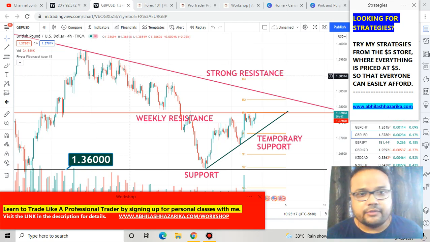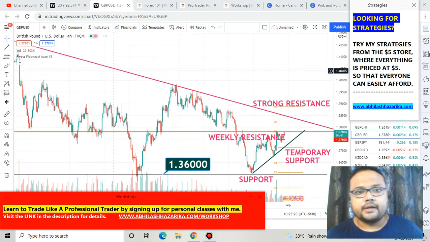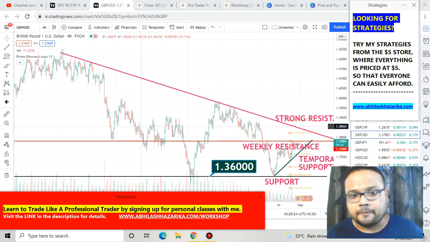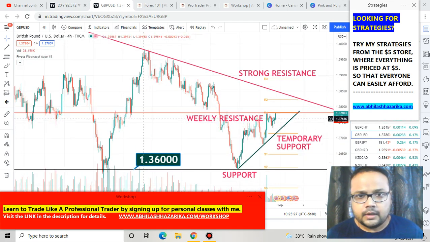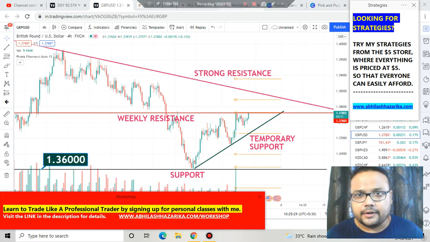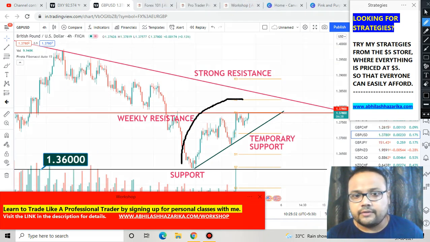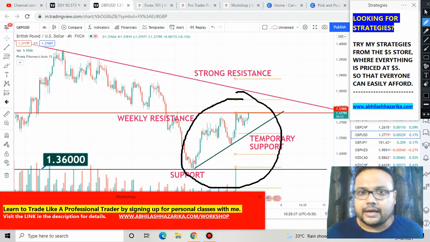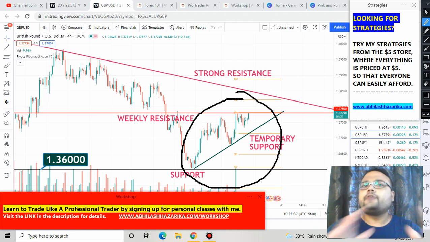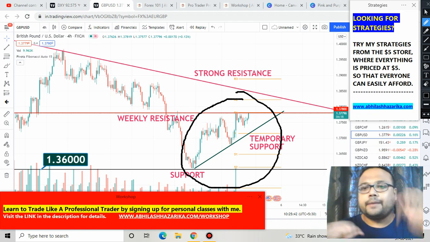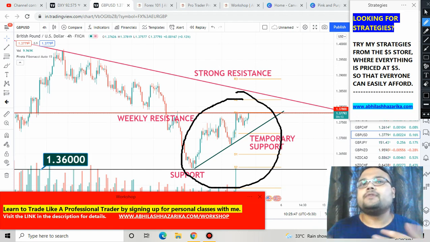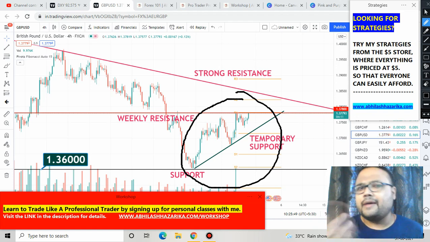First and foremost, if we look at the chart of GBP USD, overall the chart seems to be in a downtrend. You can see that the market is coming down. But if we look at the present trend of the market here, right now the market is in an uptrend. The overall trend may be towards the downside, but the present trend is going up. And as our trades mainly last for 1 hour, 2 hours, max a couple of hours, or max one day,